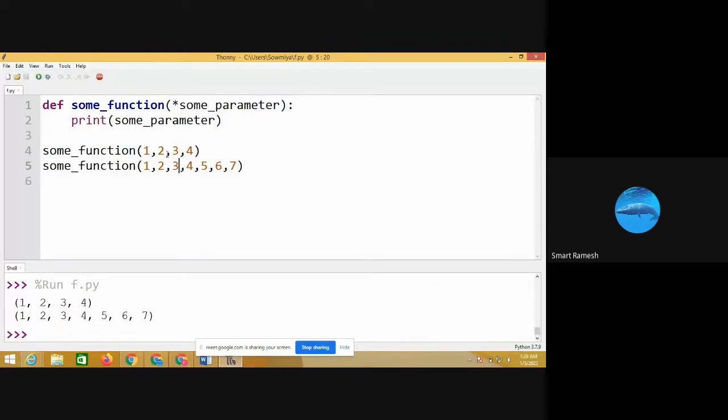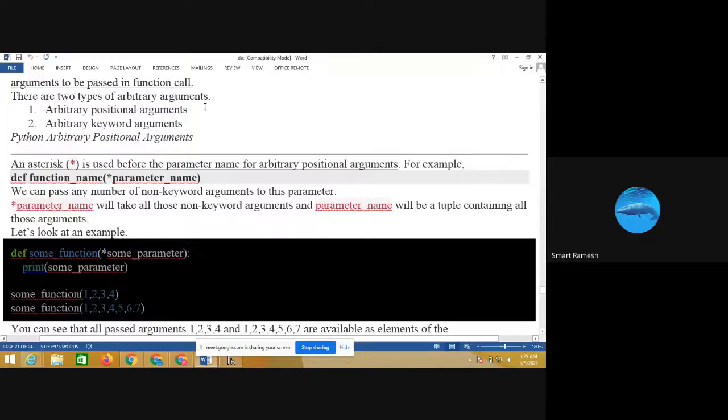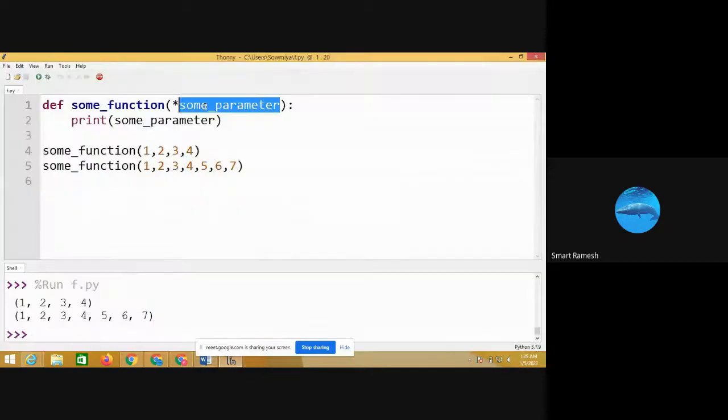In the first call I am passing 4 arguments, and in the next call I am passing 7 arguments. So this is called arbitrary positional arguments. We can pass any number of arguments here. See the output: 1, 2, 3, 4, 5, 6, 7.